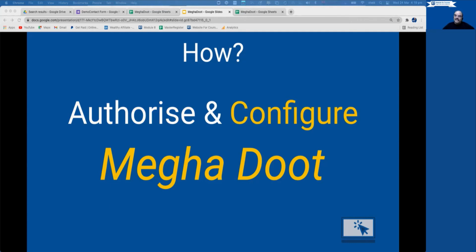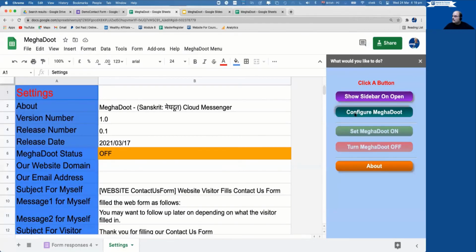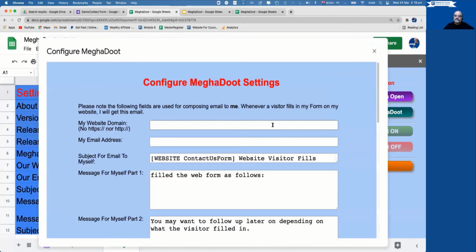I need to configure it so that it uses my email address, refers to my website, and also make sure that the email messages are worded to my liking. So I click the configure Meghadut button here. A window appears where I fill in my website name, my email address, etc. Let me do that.